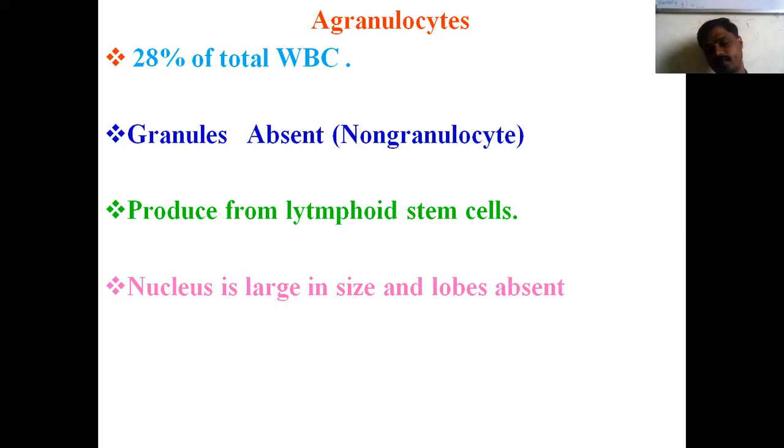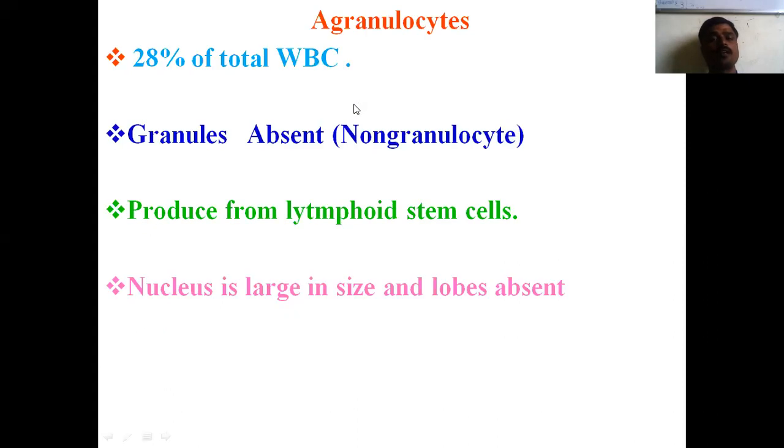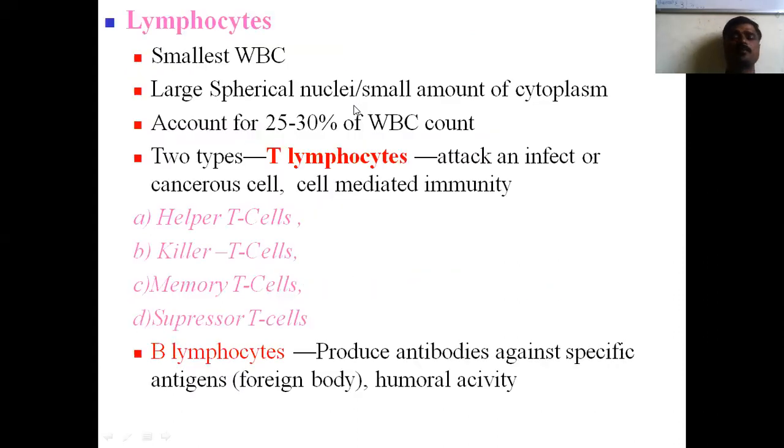Nucleus is large in size and lobes are absent, because all granulocytes contain 2 to 7 lobes, 2 lobe, 3 lobe, 4 lobe. You will see in the neutrophils, acidophils, and basophils, different lobes are present in the nucleus. So this is all about the granulocyte general function. So first cell of the agranulocyte is the lymphocyte. You know I just explained that all the immunodeficiencies depend upon the lymphocytes, because B lymphocytes and T lymphocytes are produced by